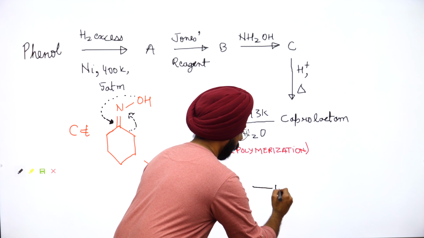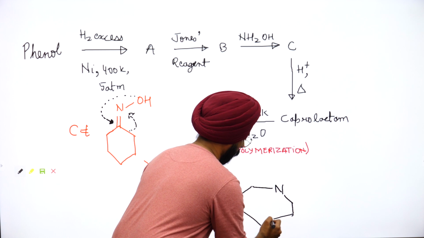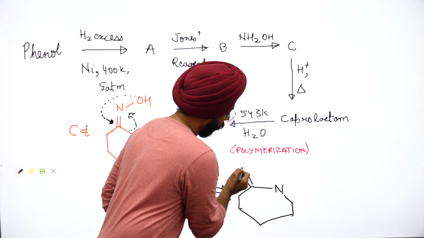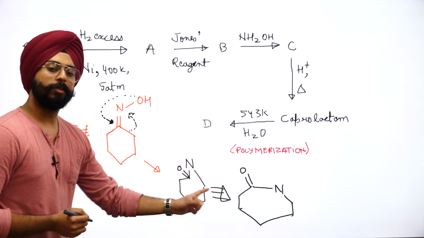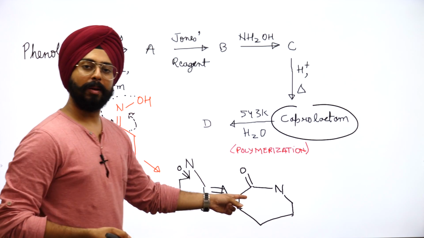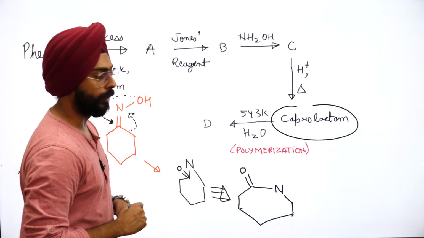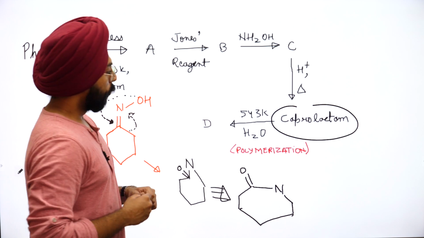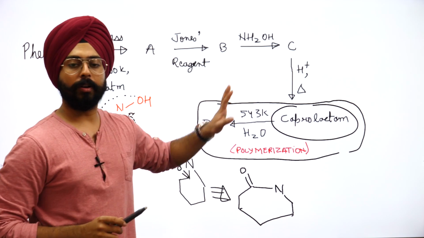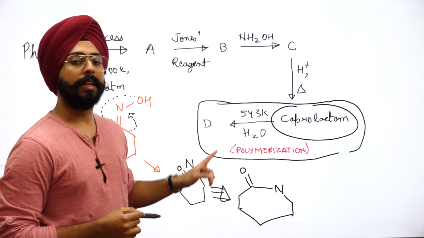तो कुछ ऐसा दिखने वाला स्ट्रक्चर बन जाएगा. There is a 7-membered ring. ठीक है, this is a 7-membered ring, yes, and there is a double bond O over here. This particular structure is known as caprolactam. All right, 7-membered ring, this is known as caprolactam. This is a very classic example. You must have read this somewhere or the other. Now if you've read NCERT, you would remember this reaction as well. ये बिल्कुल ऐसे का ऐसा NCERT में दे रखा है. Same ditto reaction. Caprolactam, this much heat in water polymerizes and you get D.